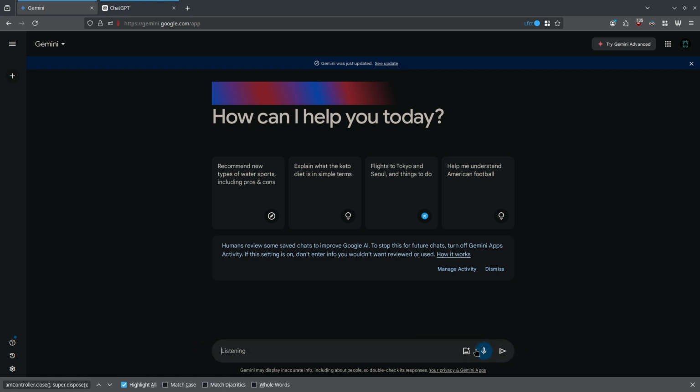Why can't I edit it? Let's try this one more time. Create a design and generate code for the following: